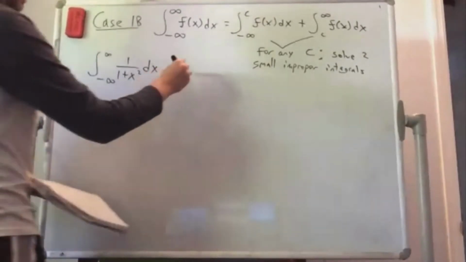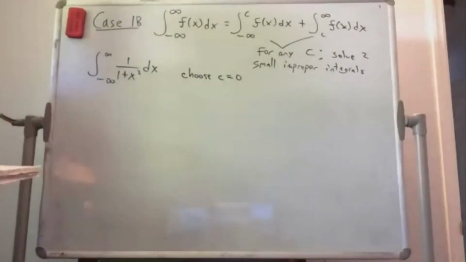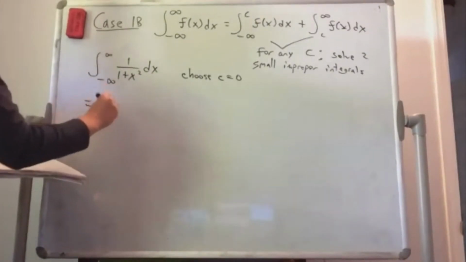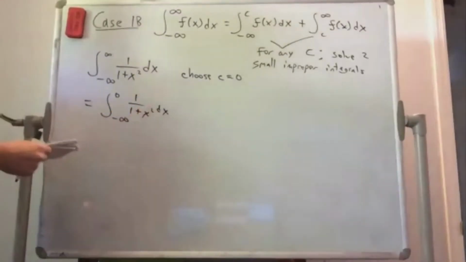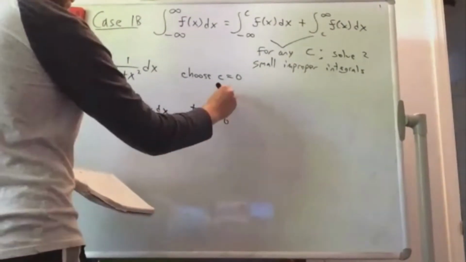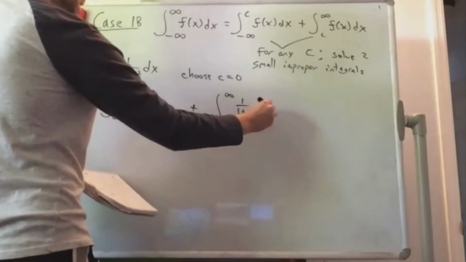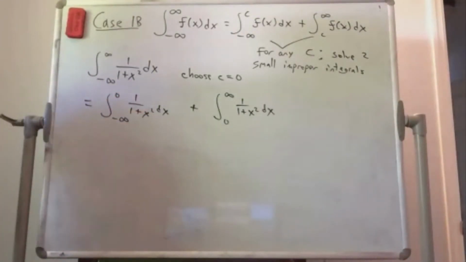So there's no reason to choose anything other than 0 usually. So I'm going to choose my division breakpoint to be 0, and I'll go from negative infinity to 0 of this 1 over 1 plus x squared dx, plus the second one, 0 to infinity, 1 over 1 plus x squared dx. The only time you might not choose 0 is if the antiderivative was something where there was maybe